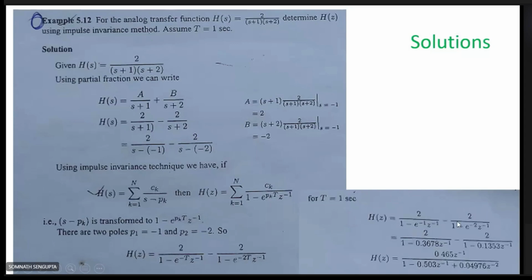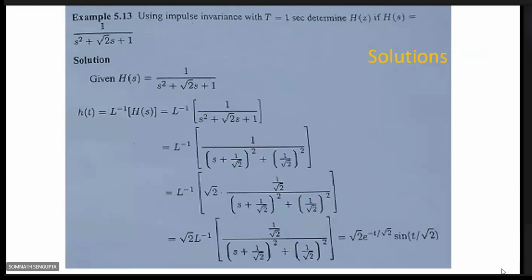So just arranging it, write the values of e, arrange it and write in proper form. So your final transfer function becomes 0.465 z inverse divided by 1 minus 0.503 z inverse plus 0.04976 z to the power minus 2. Is it clear? Yes, sir. Okay. Then next problem,